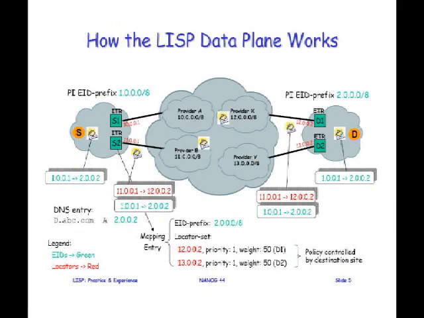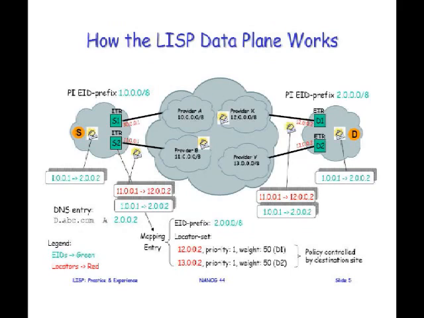So basically, this mapping entry, see where it says mapping entry there? That mapping entry basically says if you have this prefix, EID prefix, green, 2/8, then when you're encapsulating it, send it to the routing locator 12002 or 13002 with priorities and weights. I'll explain what that is later, but just for now, imagine that either of the ITRs on the left side